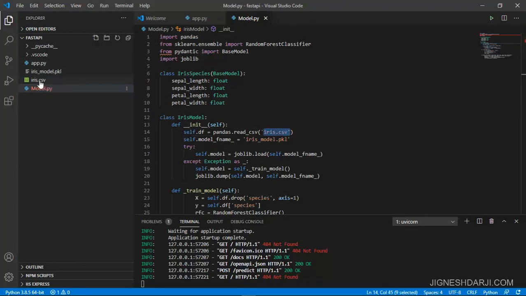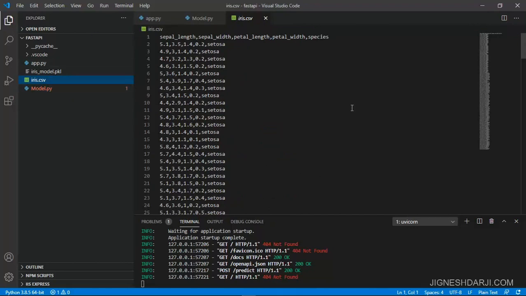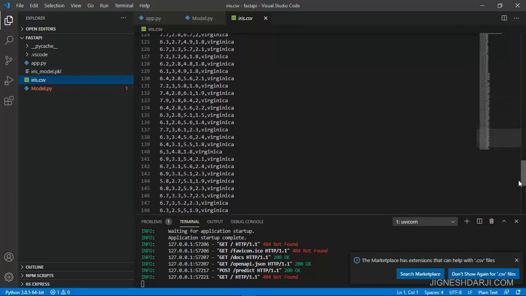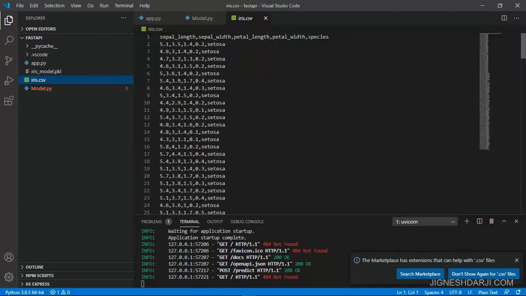So I include that CSV inside this project. You can check in this CSV I have some records related to the iris model: sepal length, sepal width, petal length and petal width, and species.